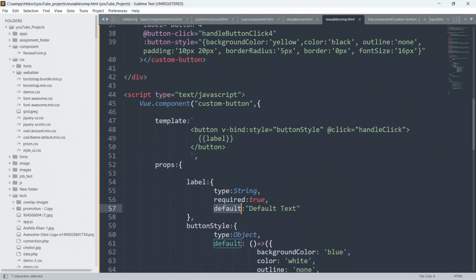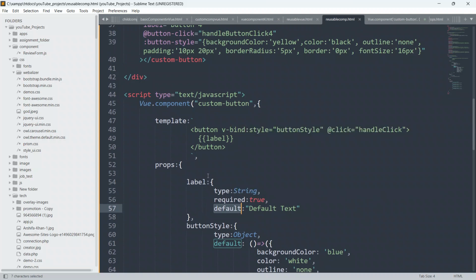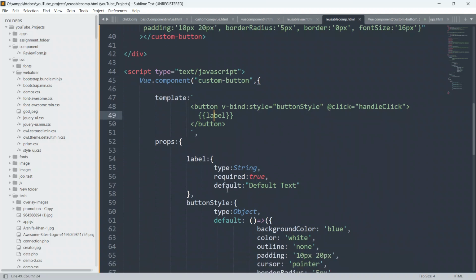Whenever a parent is going to call this custom button child component, and if the parent component is not going to define the label text, then this default text will be used as a fallback value.